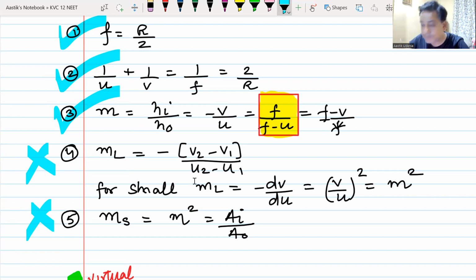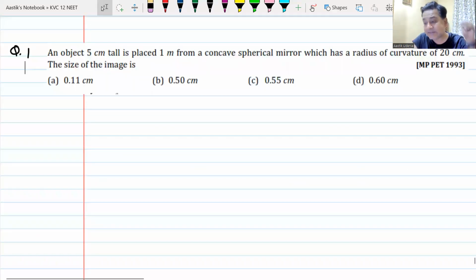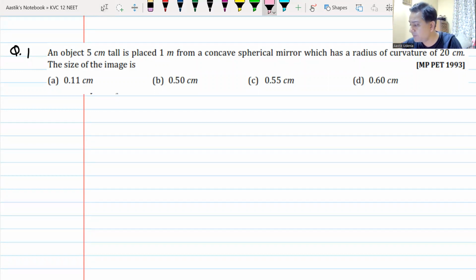Question number 1. Everyone, every eye is on the board. And this is the question coming up. These questions have come in previous years. During my time, they have come in engineering entrance exams,